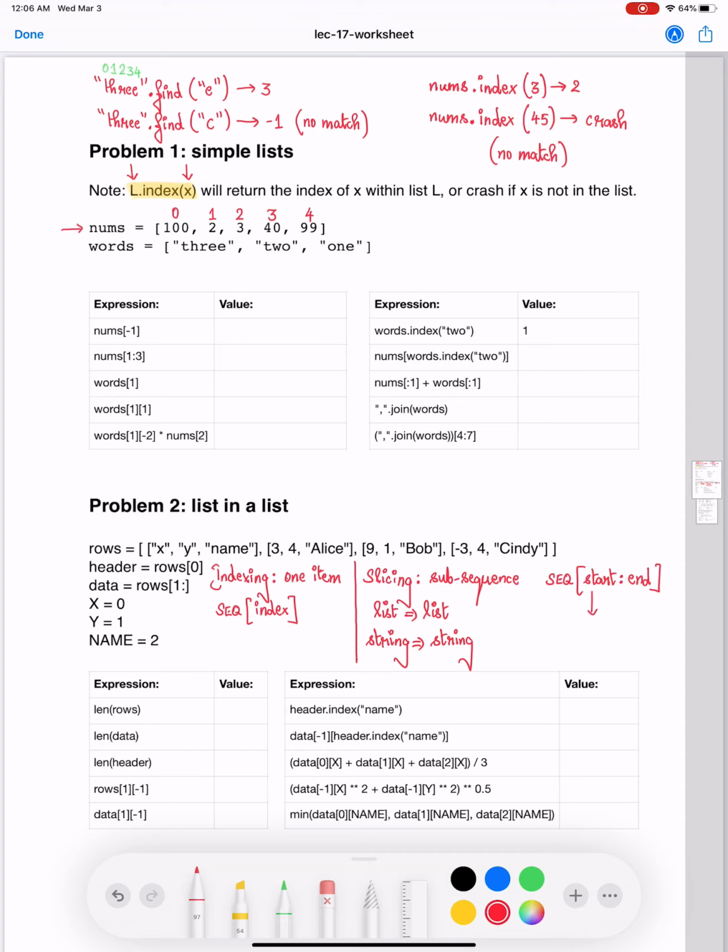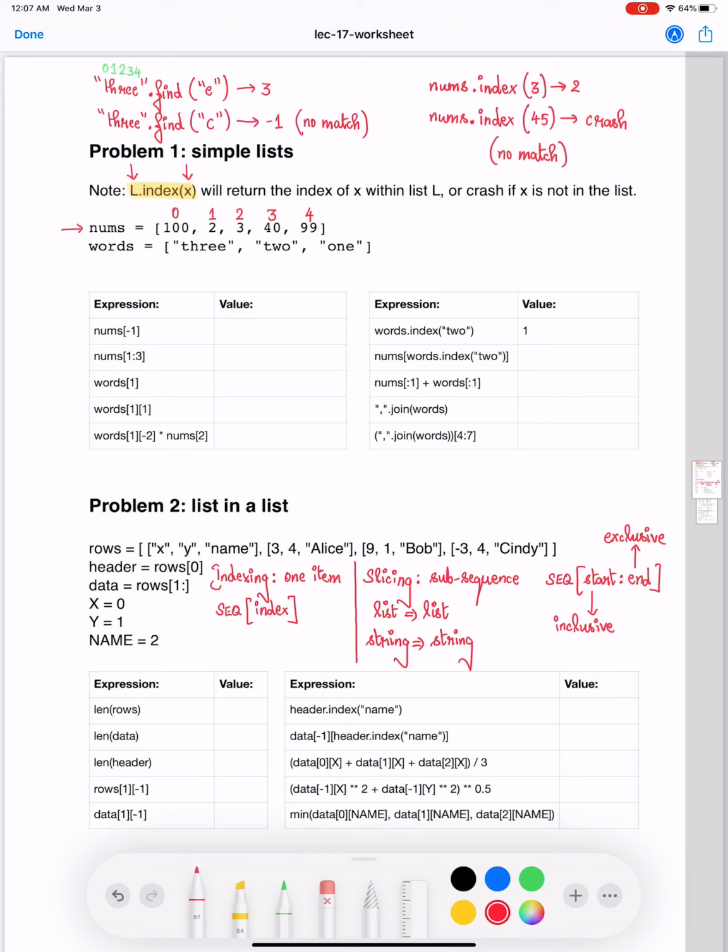Recall that start index position is inclusive, meaning that you will include the item at start index position as part of your subsequence. The end index position is exclusive, meaning that you will leave out the item at end index position. How do you differentiate between various usages of the square brackets here?